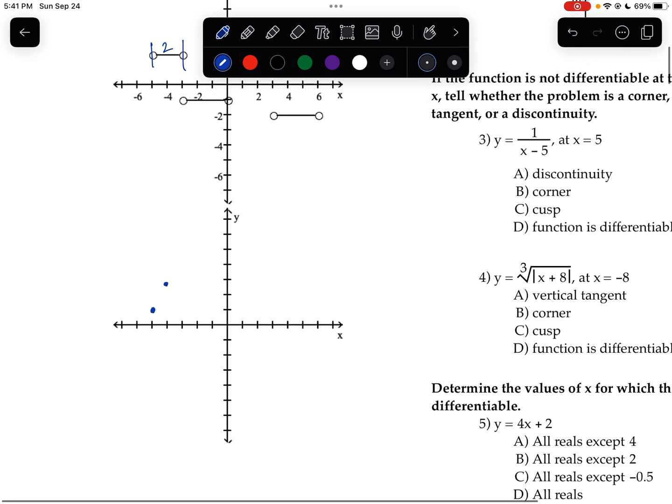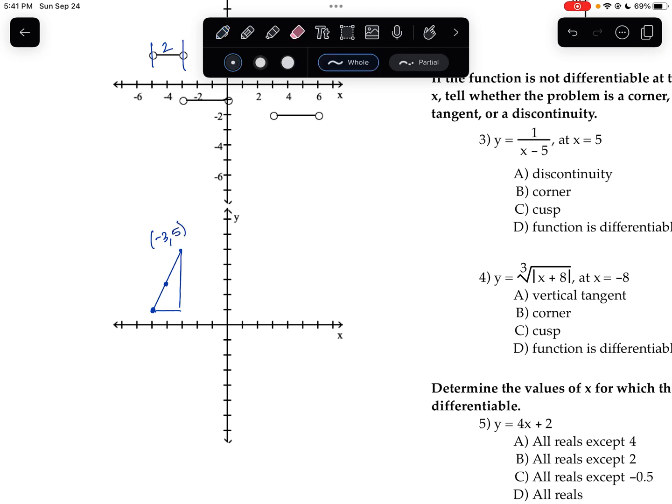And then it has to go up 2 and over 1 again. So maybe like right there. So, okay, there's our first line segment. So if we went over 2 and we went up 4, that would make this point (-3, 5). Okay,